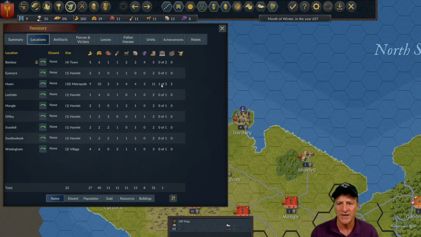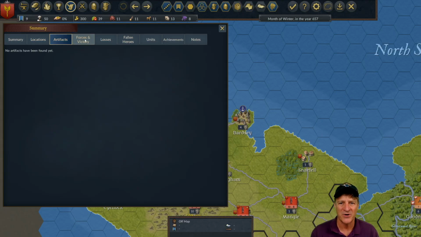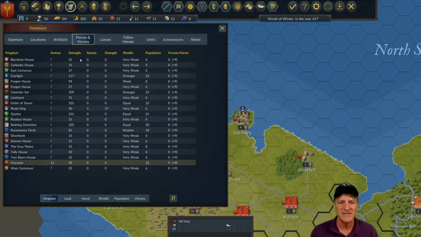So right now we can see we've only got 1 building in Huen, which I think was that barracks. So quickly, we really want to start developing our buildings here. Artifacts, we have found no magical artifacts yet. Forces and victory. This gives an overview of the strength of your nation along a number of different parameters, the